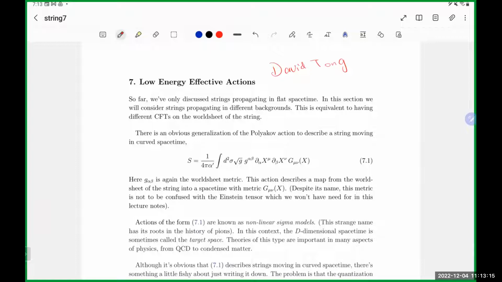In chapter 7, he discusses low energy effective actions and a quick introduction to nonlinear sigma models. So I'll spend some time here. Although you can say, oh, this is chapter 7 in string theory notes, there are 6 chapters before, but no. Let's just